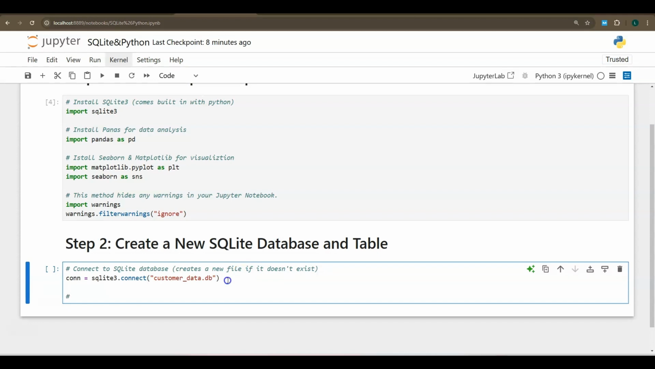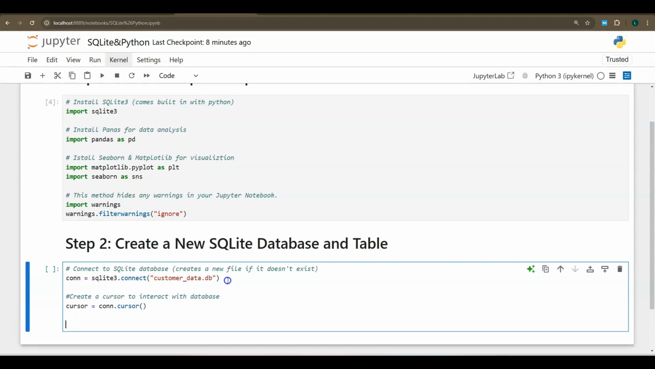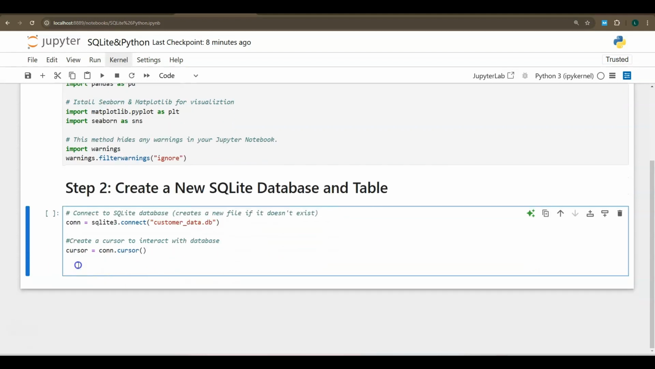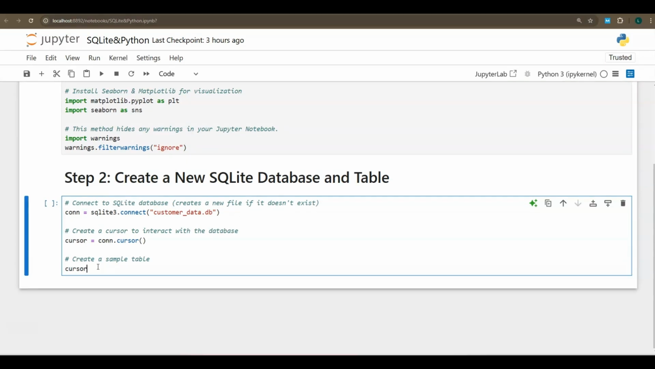So next note I want to do is create a cursor to interact with the database. And I'm going to call it cursor equals, and then I will use the code conn.cursor, open and close parenthesis. My next note, I will be creating a sample table. We're going to be using the code cursor.execute,